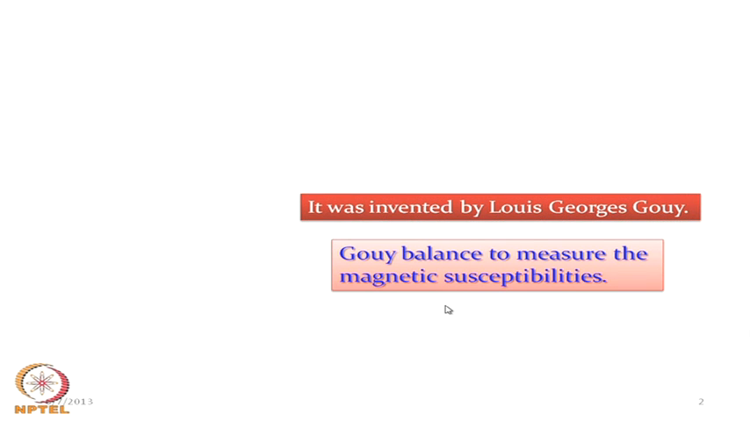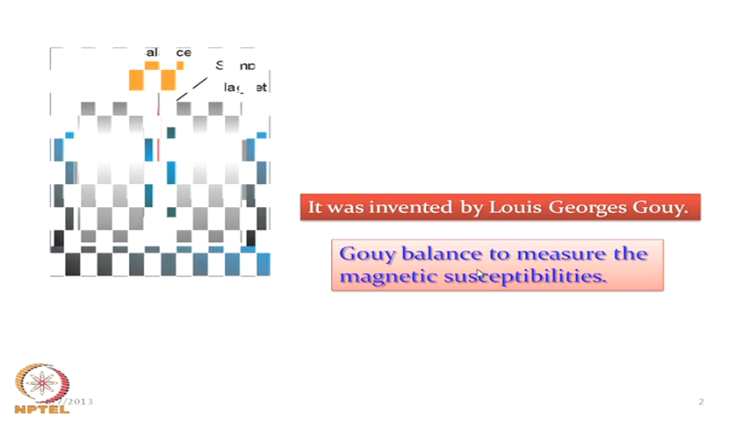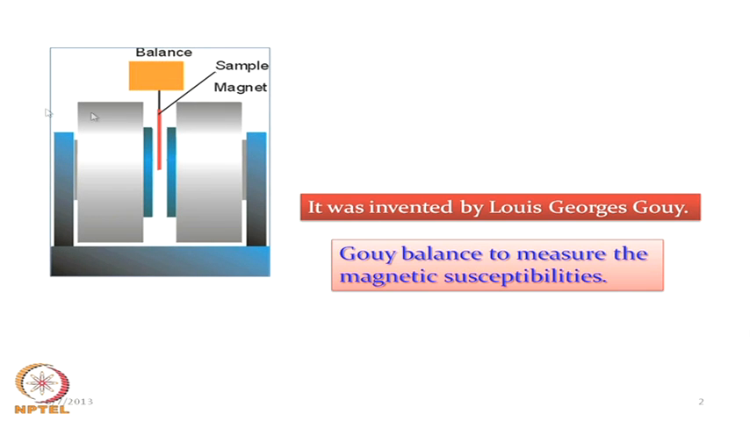It is used to measure the magnetic susceptibility, that means the chi-g, which when multiplied by the molecular weight gives the corresponding chi-m value. It was first invented by Louis Georges Gouy, so that is why it is named the Gouy balance. It is a very simple and very useful technique, where we have a permanent magnet. These are the two poles of the permanent magnet, and we place the sample within a tube known as the Gouy tube, and the magnet is switched on in one case and switched off in another,